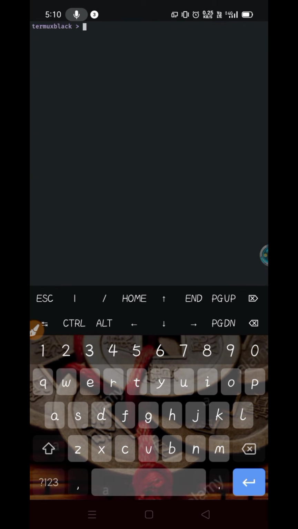Now clear the Termux app. cd metasploit-framework.